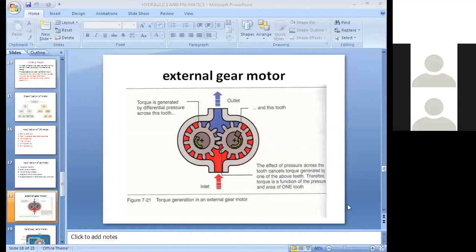Okay, so the first topic is the external gear motor. I said that here there is no extra source like electrical energy, because we are going to use hydraulic energy to rotate the gears. Just look at the components in the diagram of the external gear motor. Here two ports are there, one is the inlet port and one is the outlet port. The housing, which we call the casing, is the outer covering of the gears.